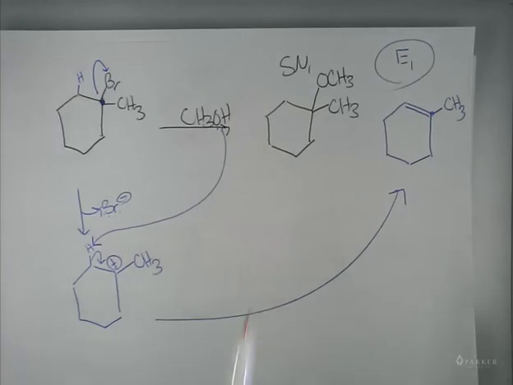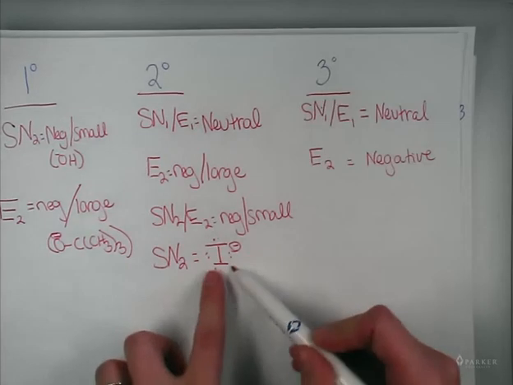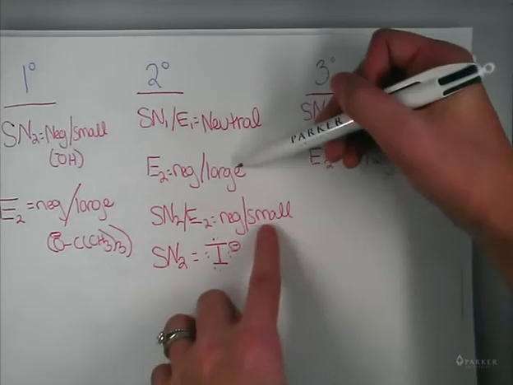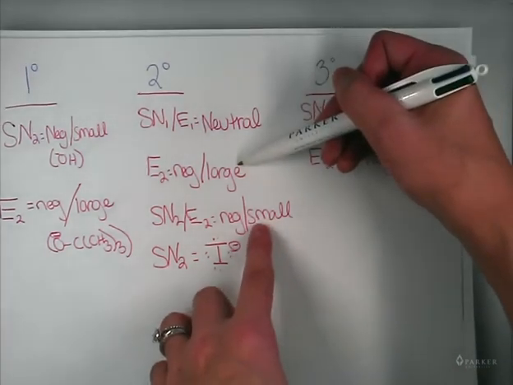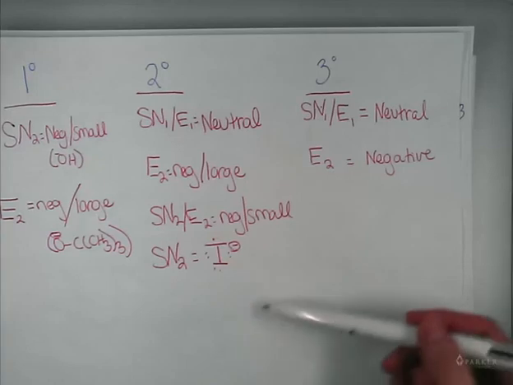So let's come over here to my chart. We know it's not this one because it's not neutral. Is it over the arrow? Do I have an iodine? Iodide, actually? No. So then I just need to decide, is this large or small? So does it have 3 branches coming off of it? How many methyls does it have coming off of it? 1. So does it have 3? No. So this one's considered small. So it's small and secondary. So our answer is